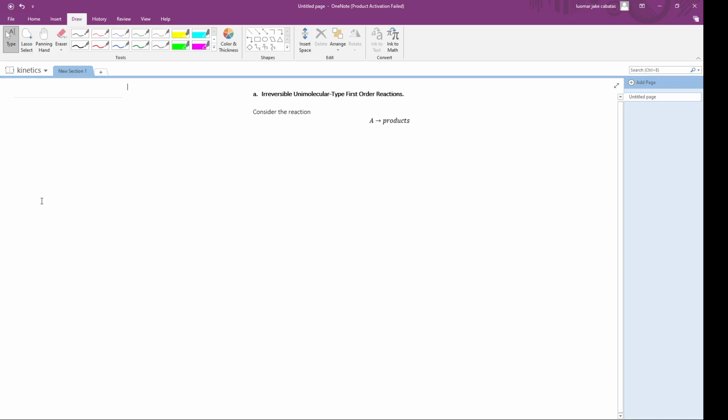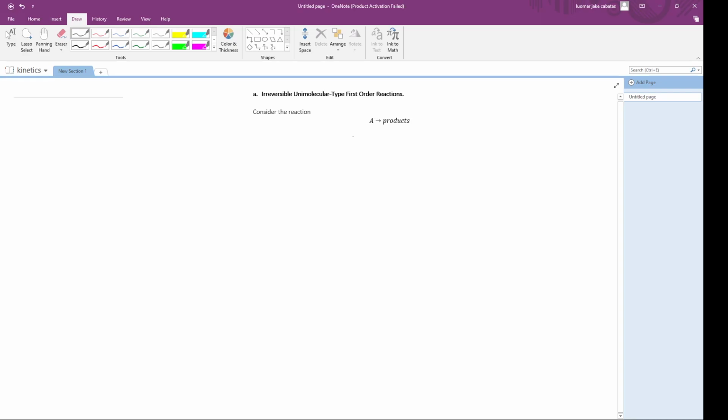So, here we have irreversible unimolecular first order reactions. Consider the reaction A forming a product. It is unimolecular because there is only A. This is A, going to become a product. Unimolecular because there is only one type of